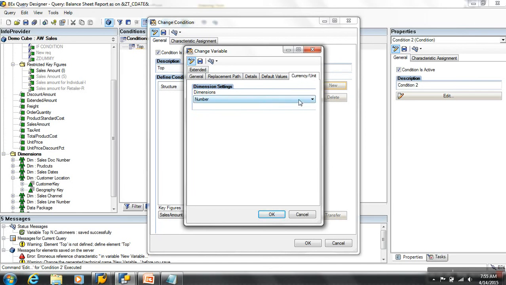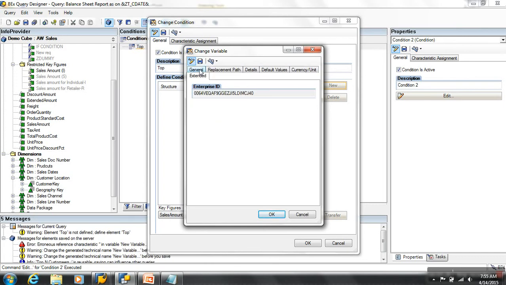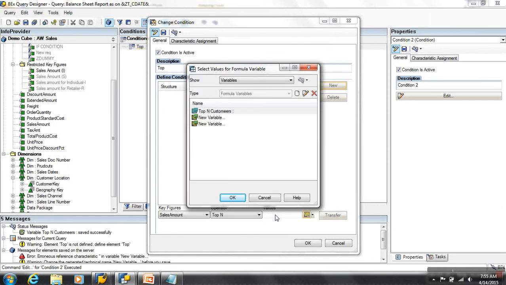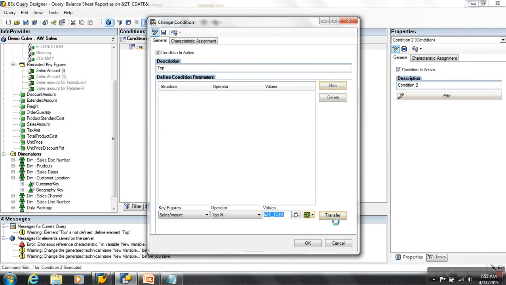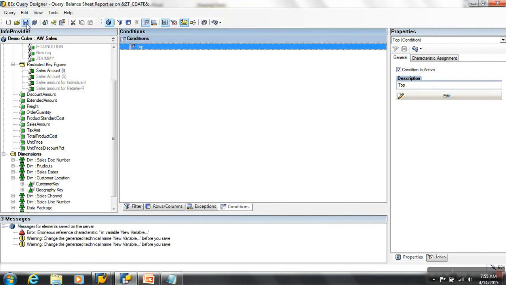When you go to currency and quantity, here you should specify whether the value entered into that formula is going to be a number or what quantity it is. Number. Okay, that's an important property for the external formula variable. With that you specify whether the variable is a value, amount, or quantity. Very important. Done. Then transfer. All like a normal condition, but the condition is made dynamic now.